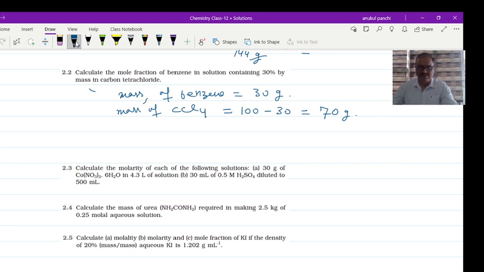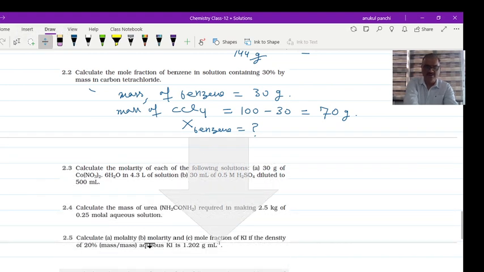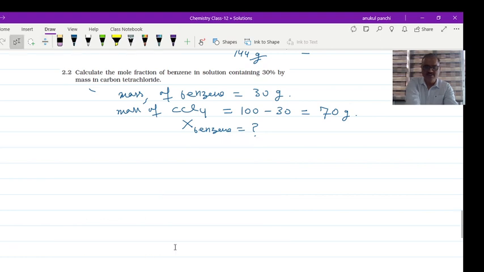Mole fraction means X. X is the symbol for mole fraction. So X for benzene we have to calculate. Are you learning? Are you getting it? I think some students must have even solved it. So how to get the mole fraction of benzene? The formula will be the number of moles of benzene. See here, X of benzene